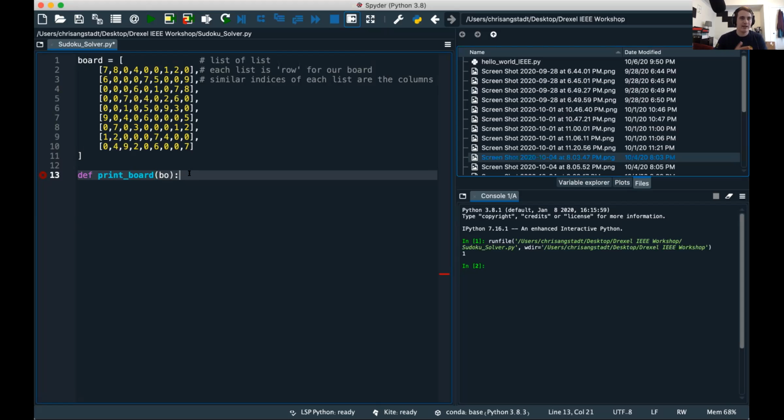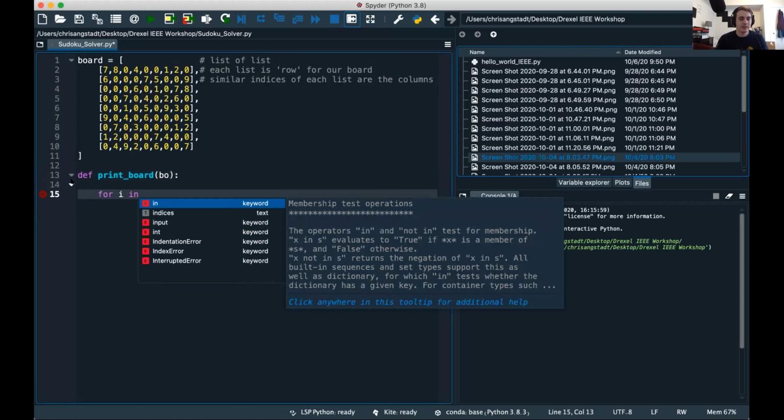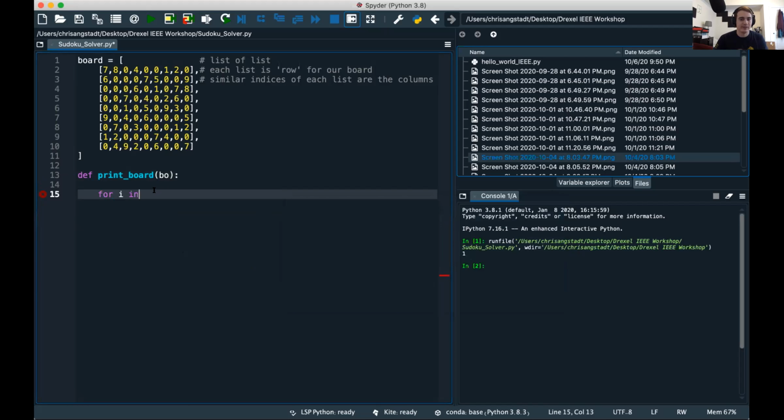For every index in the length of our board, we need to be able to iterate through each of those. So we can say for i, and I indented here to indicate that we are within our function. Python uses a lot of indentation to show that it's within something. So for i in range of the length of bo, which remember is a placeholder for our board,